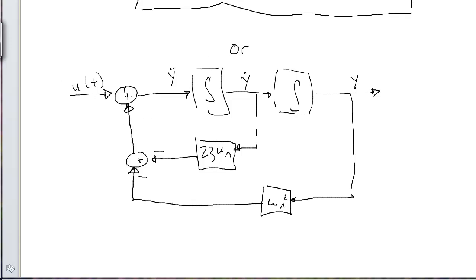Everybody notice I did make one little mistake, and you can always go through and try to collapse this down to make sure you've got the right equation. But notice u of t is not multiplied by omega n squared. Sorry guys, still working on it. There you go. All right. Take u of t, feed that through omega n squared, and then add that in that way. And I'm good. So you might think one of these looks better or cleaner or makes more sense than the other,